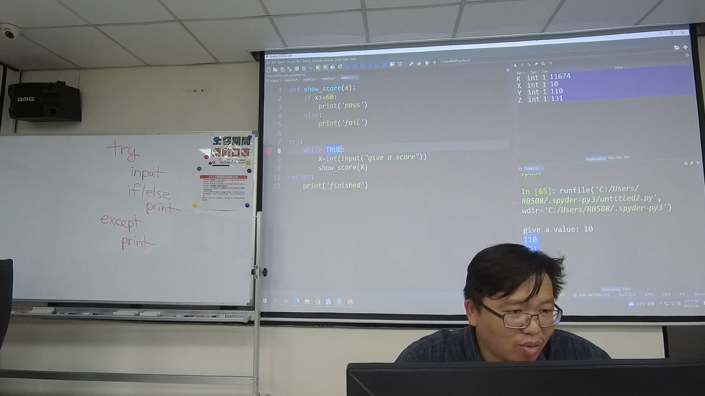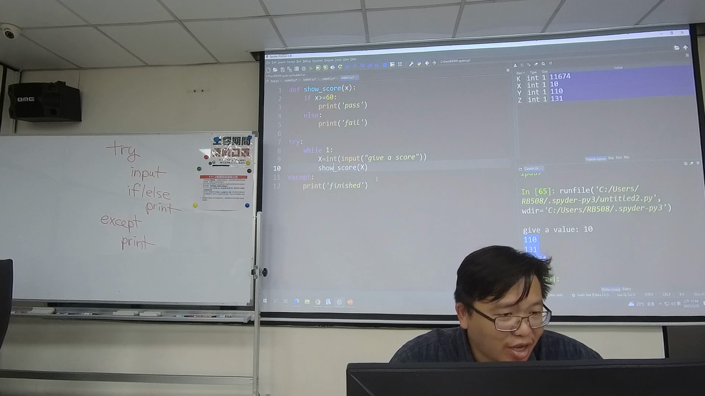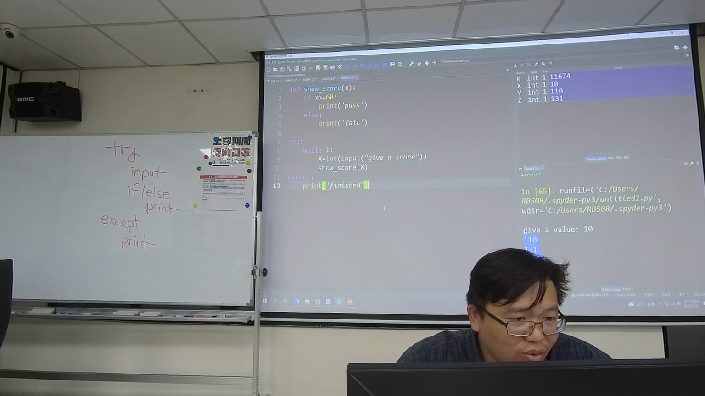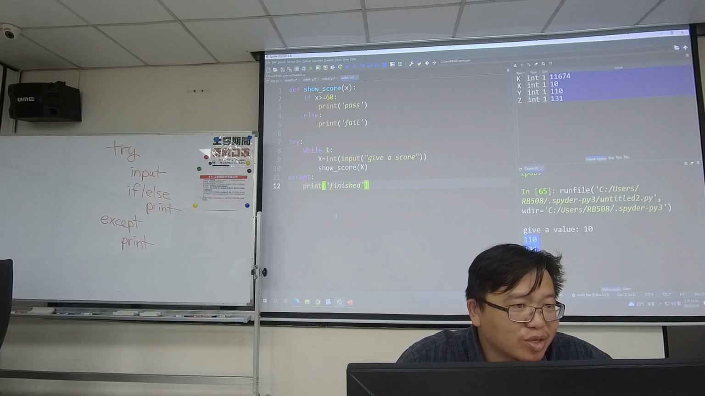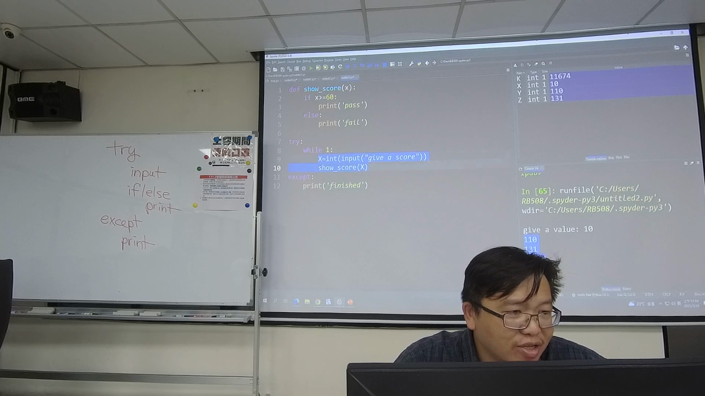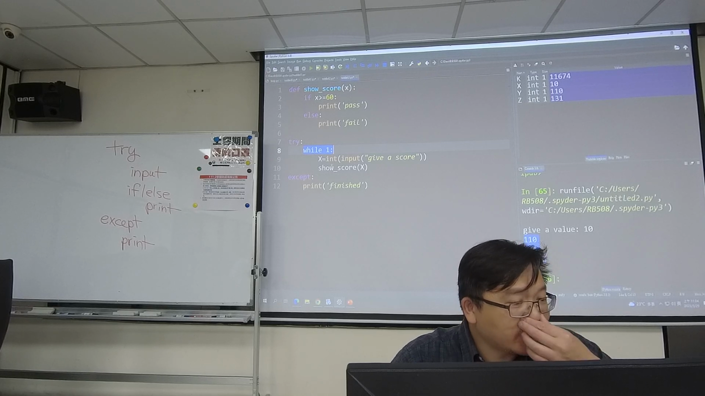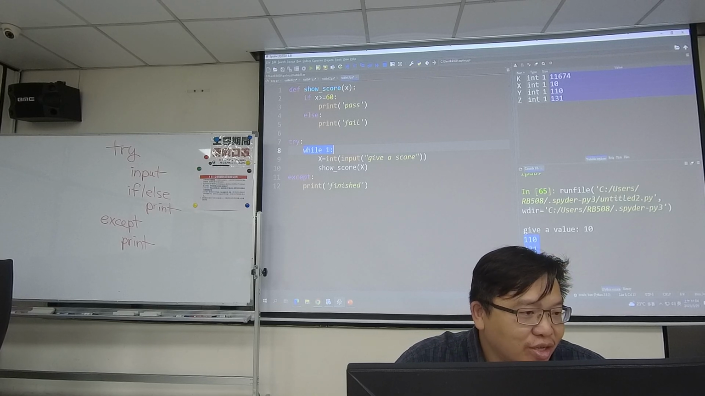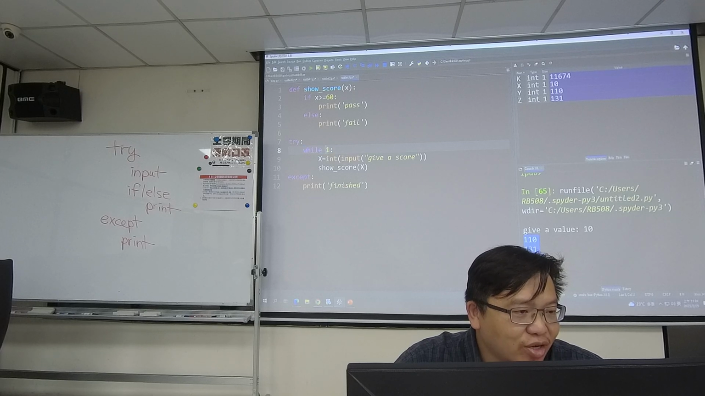Oh, can I do while one? Okay, I can do that. Okay, so in this example, I will be providing scores multiple times, because for the while loop, it will be done repeatedly until it's not true. So if this loop doesn't break at all,